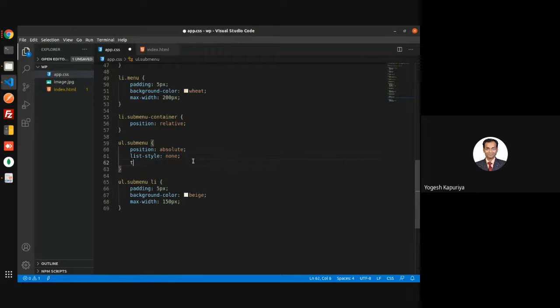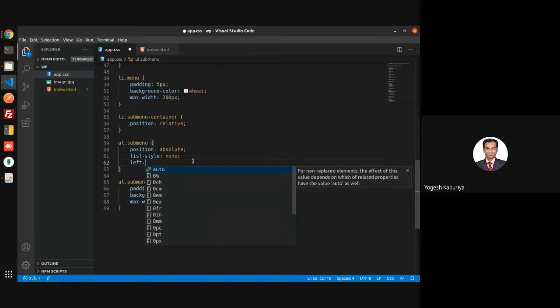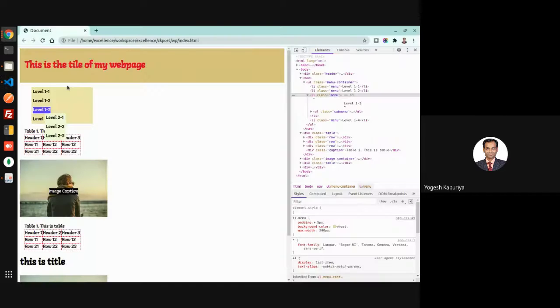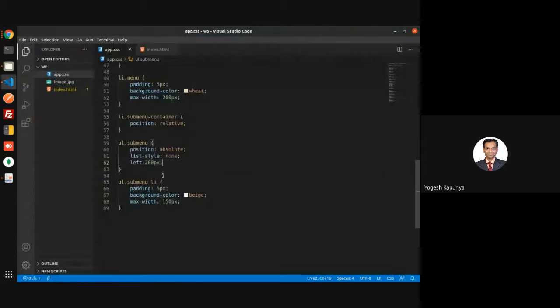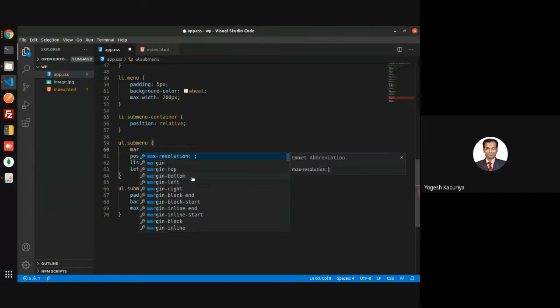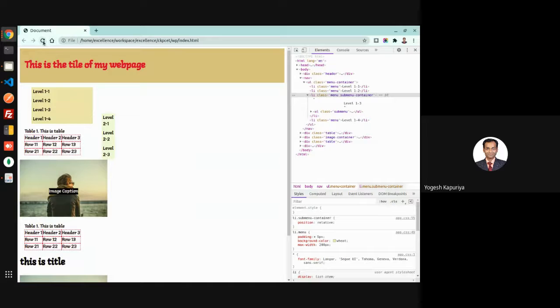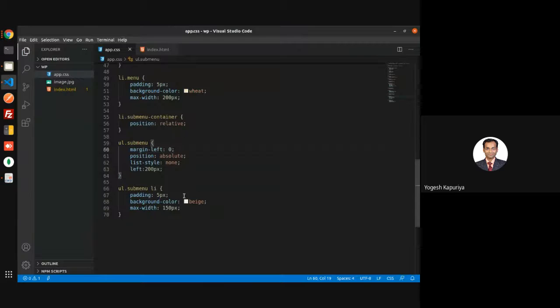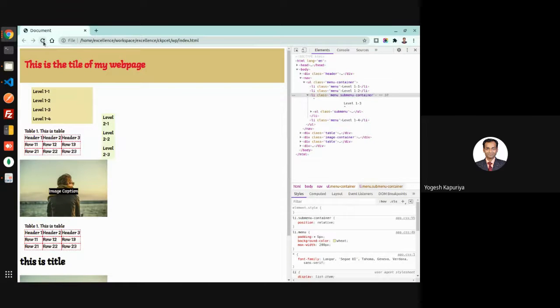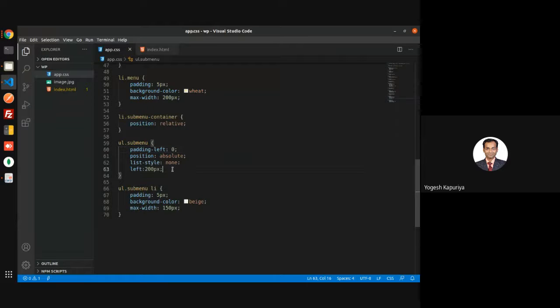And because you know that the, okay, so now you can see this, because the positioning is absolute, you have to give width also.